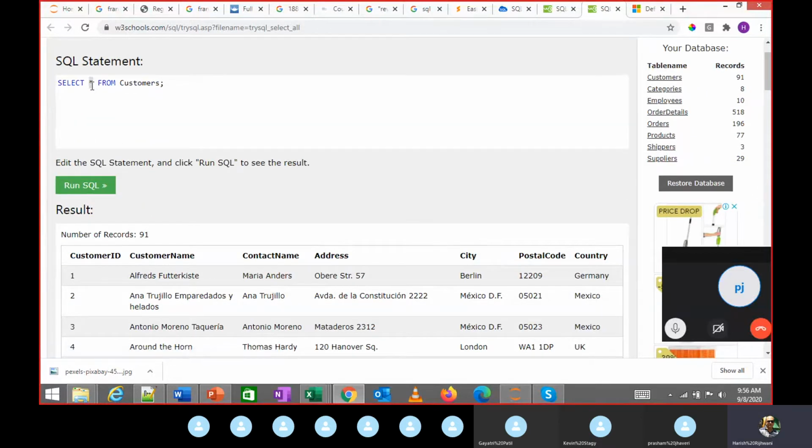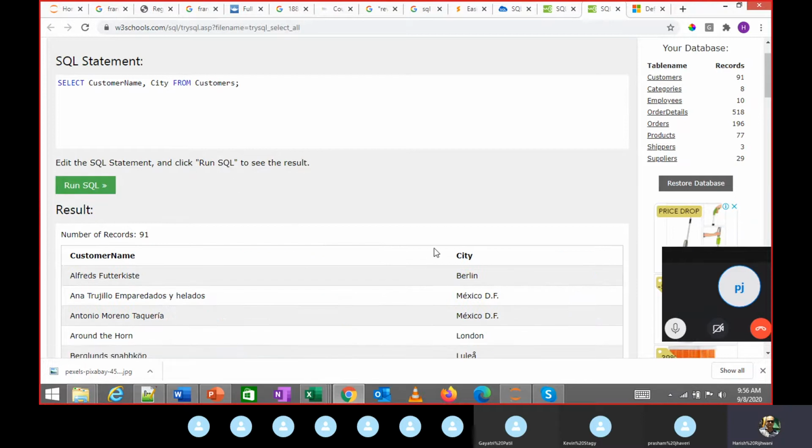If I want two columns, I will put customer name, city. I have to put a comma between the two columns. So here I get customer name and city. I can choose only specific columns. I don't need everything.